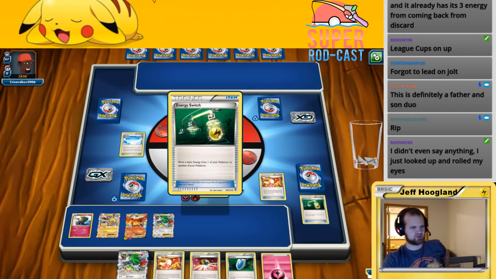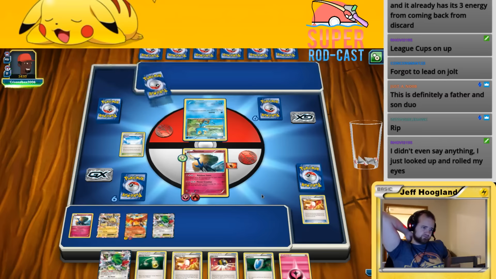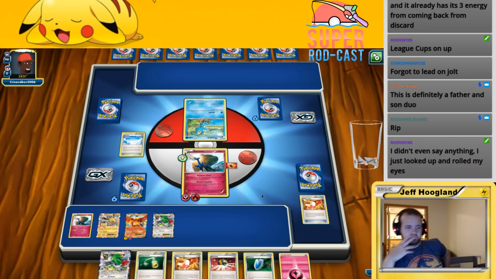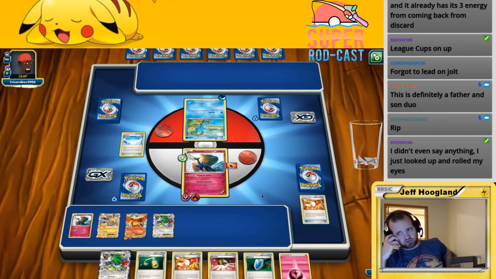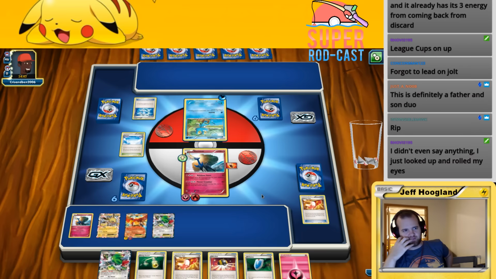Grab that for now. I'm just going to pass the turn. We can't attack on the first turn of the game anyway. I could have Ultra Balled for Hoopa and Hoopa'd into Keldeo and then tried to find a Float Stone with this other Trainer Mail, but...